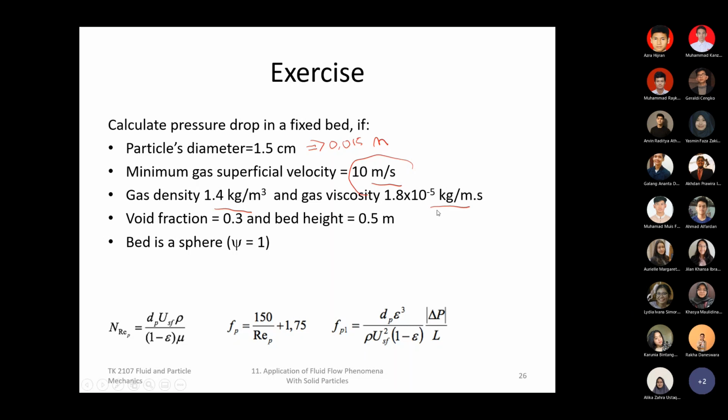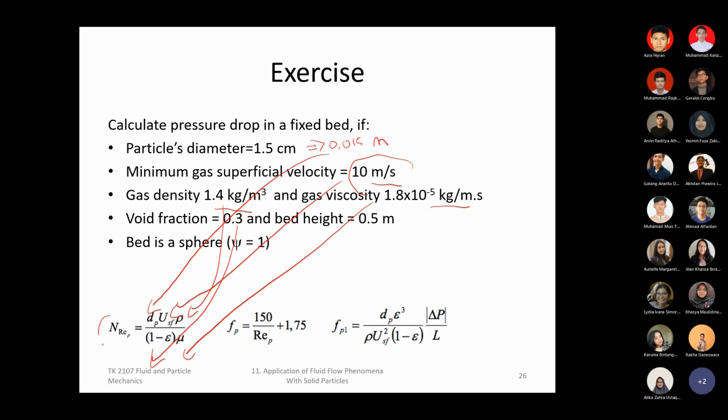So again, just put all the numbers over here, then the USF, and then the density of the fluid. Okay, then the void fraction, and then the viscosity. So I think you will get almost certainly turbulent. If I perform a quick calculation, maybe in the order of 16,000 something. Okay, that's the Reynolds number. So it confirmed that it is in the turbulent regime.